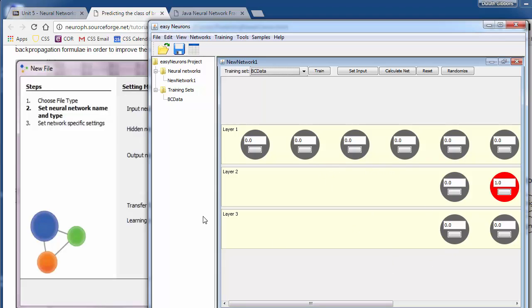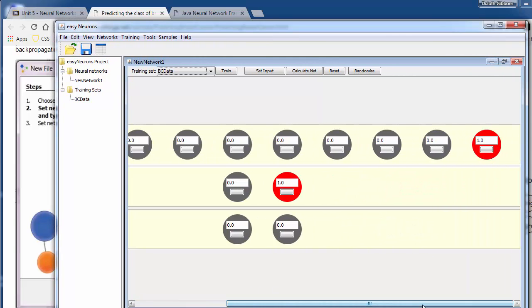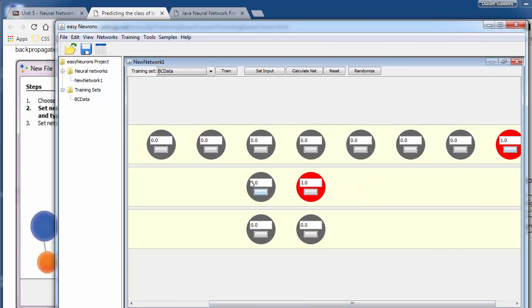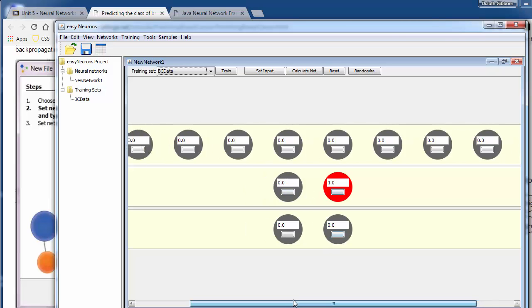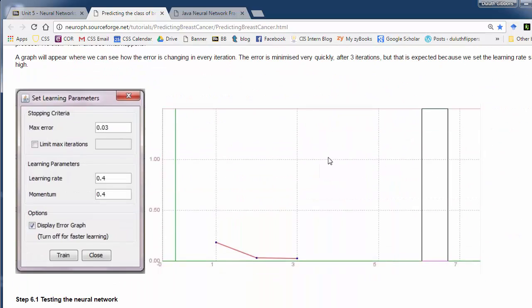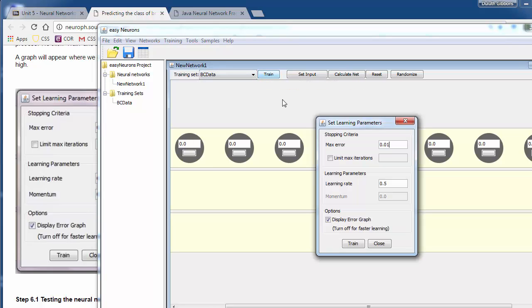A bias neuron just adds an extra neuron in here to help with some of the learning, a neuron that's always on. So what you'll see here is our 9 inputs and then 1 bias that's always on, and same with the hidden layer, there's 1 unit and 1 bias, and then our 2 outputs here. Okay, so we've got that set up, and now we're going to try to train that data here with these initial parameters and see if it can learn things. With network 1 selected, and we should just have 1 set of training data right now, we're going to hit train the system, and